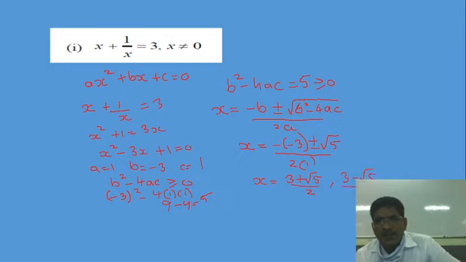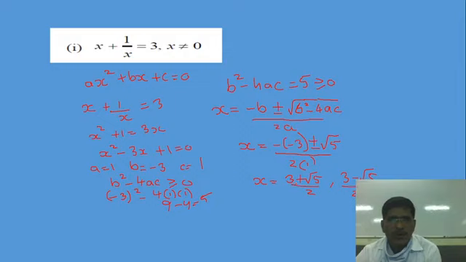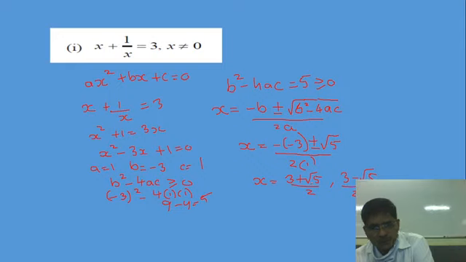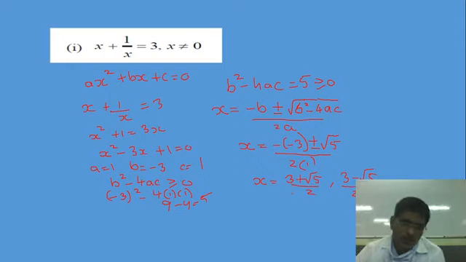Now we cannot solve it further. We cannot add it, because root 5 is a real number, or we can say irrational. So 3 plus root 5 by 2 and 3 minus root 5 by 2. So for exercise 4.2, question numbers 1 and 2, you have to try to solve this way, because mostly this type of sum comes.